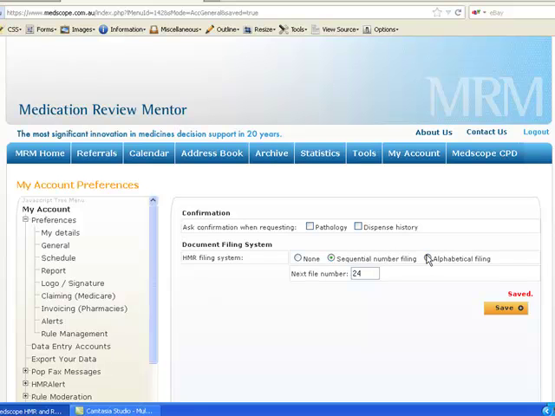Alphabetical filing means that the patient file identifier is constructed from their name. In MRM, you can specify the identifier formula. In this example, we choose the first 5 characters of the surname, followed by 3 characters of their given name. If your system uses the full surname, place a large number like 100 in the first box. As with sequential numbering, version numbers are assigned to follow HMRs.